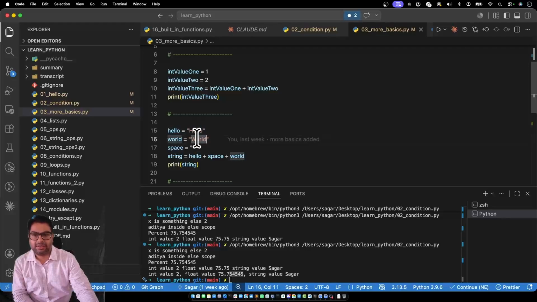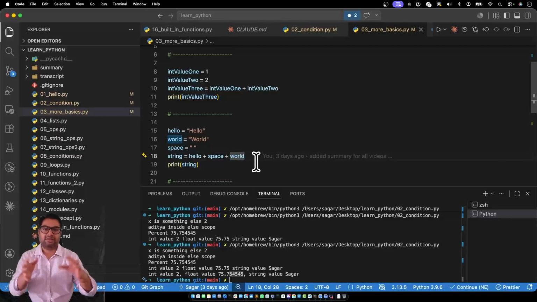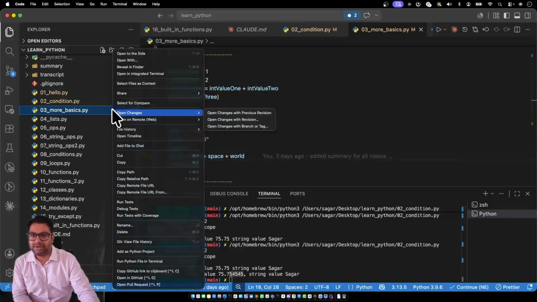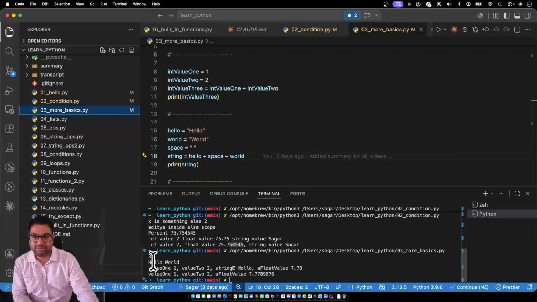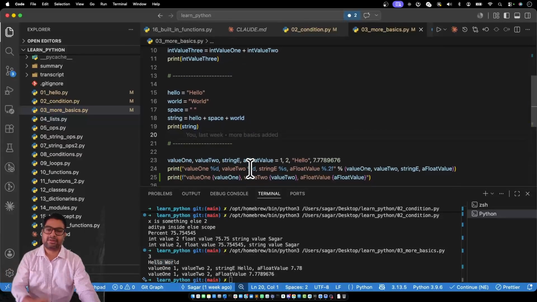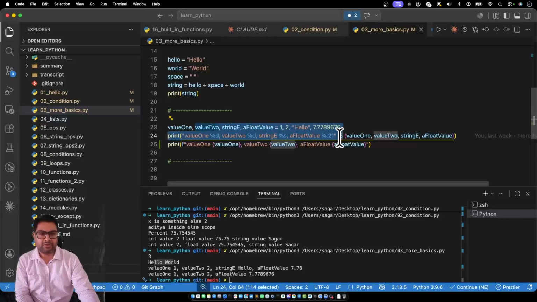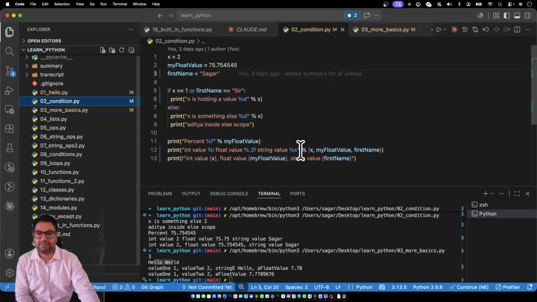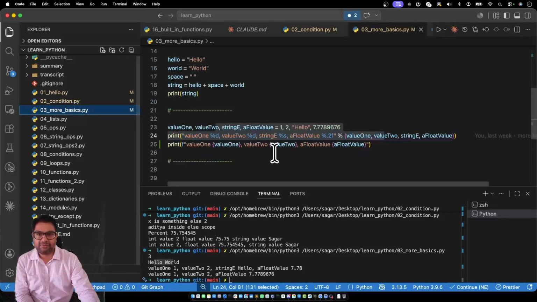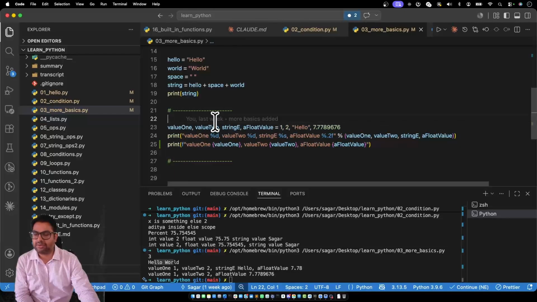So over here we are joining three strings. We have hello and then world and then space over here. So we are using the hello variable, then the space variable and then the world variable. With this we are joining these three strings. Let me try running this so that you get the idea about the output over here. Hello world, you can see it in the console. Now let's talk about more. I believe this is what we've already discussed in this file, so I guess we are done with that part. So let's go to the next file,